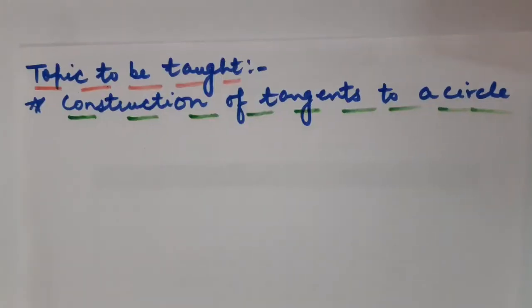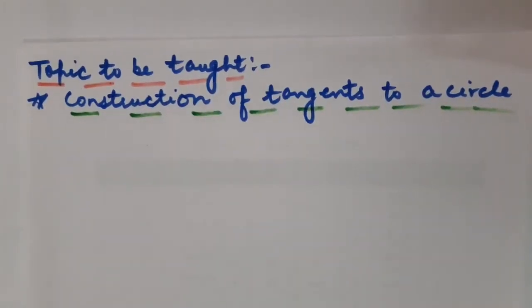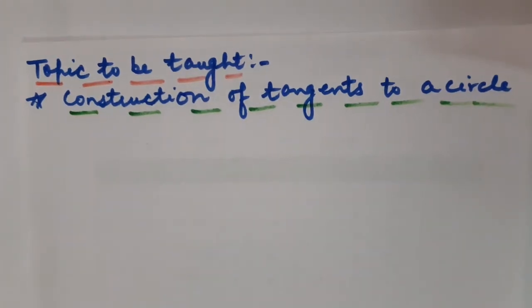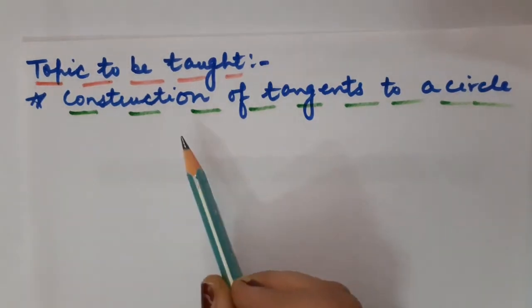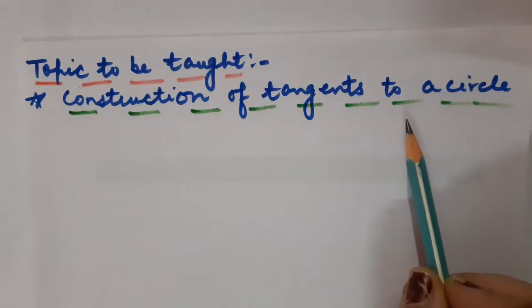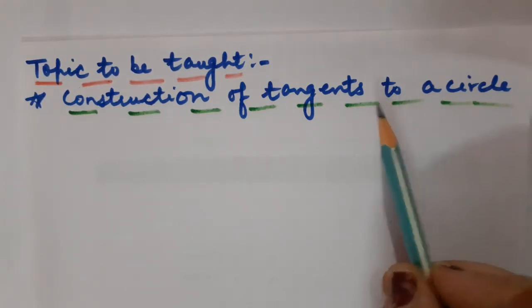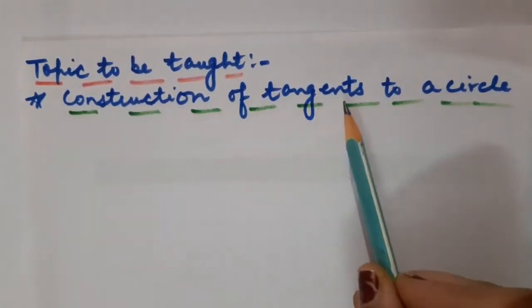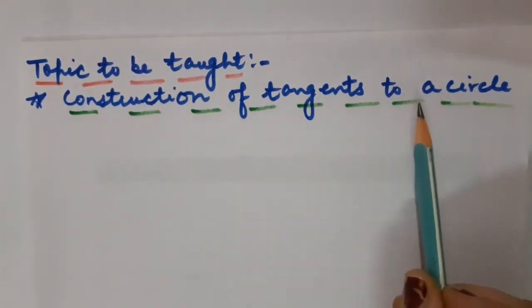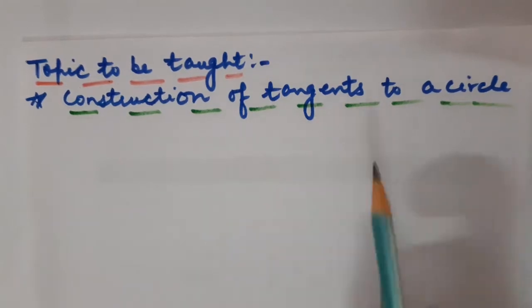So children, in the very first lecture of construction, I made you understand how to divide a line segment internally in the given ratio. Okay. And I taught you how to construct the tangents to a circle. So the topic which I am going to cover today, that is the construction of tangent to a circle, means the same topic which was topic number 2 of the previous lecture. I am going to proceed with the same.